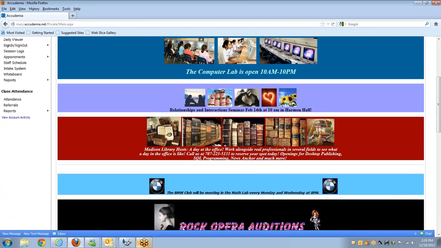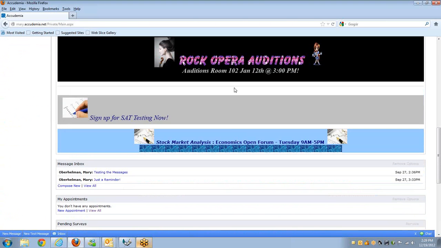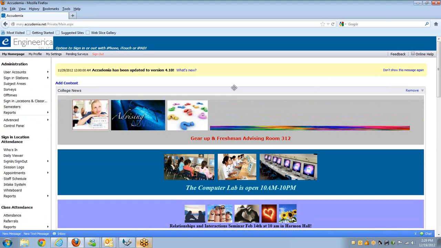Okay, these are my college announcements that just loaded, and they're going to show for everybody, no matter what their access level is. But what won't show is all this stuff over here. If I'm a student, I'm going to have about 3 things over here, you know, set appointment, cancel appointment if you allow them to cancel, pull reports on my own activity, that kind of stuff. If I'm a tutor, I'll have a little bit more,